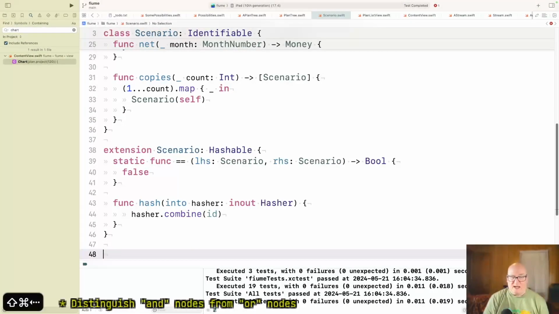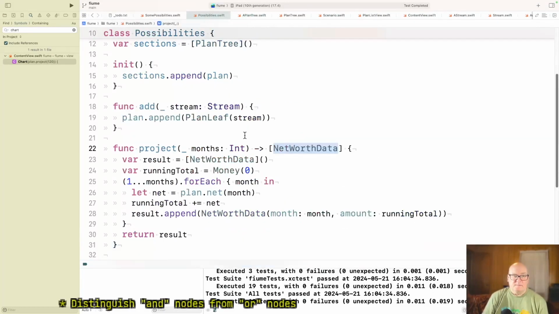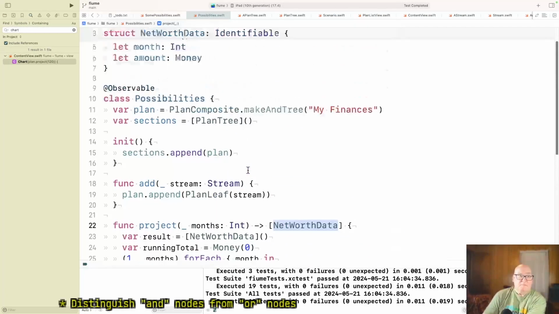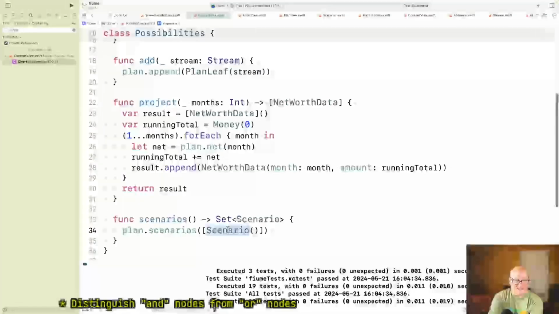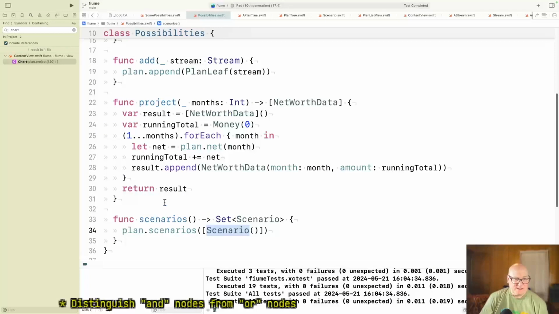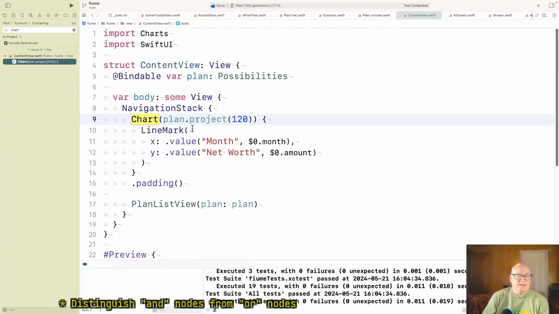Let's look if we can move that back to possibilities. He's definitely doing that. Ponderings. That's where I'm stuck today. Scenarios. Why is he doing this? It's because content view wants it. Give me the possibilities. All right, let's make this different.